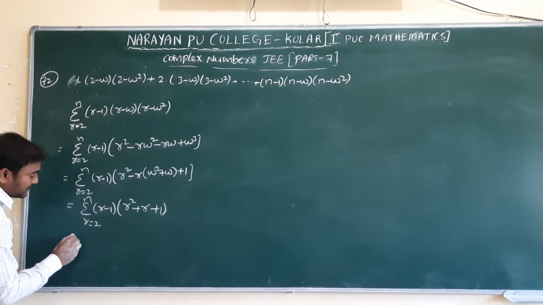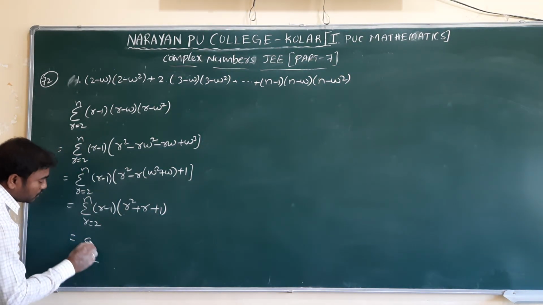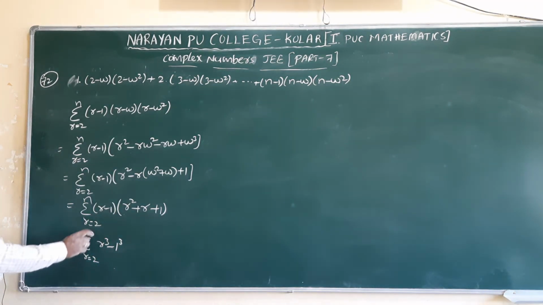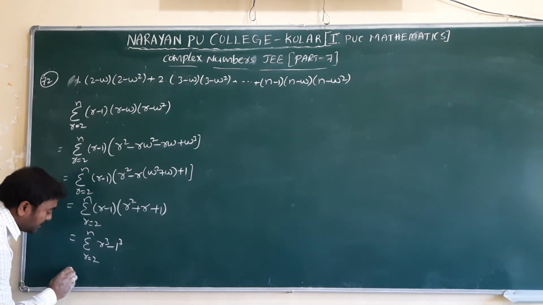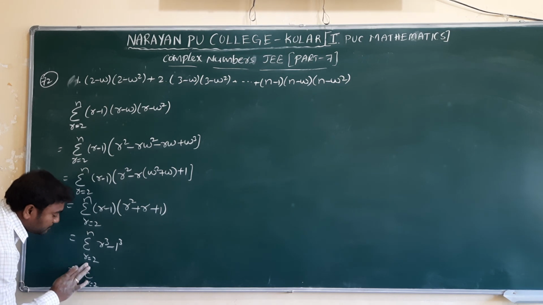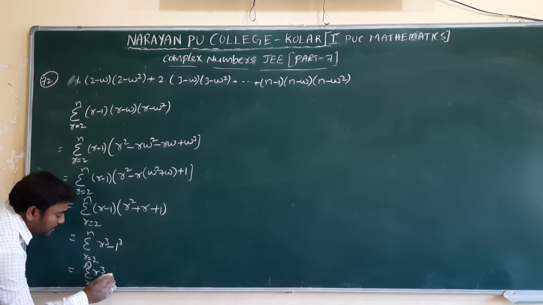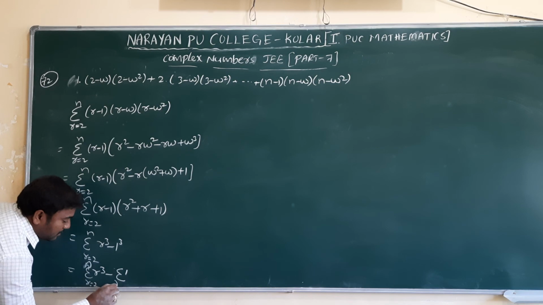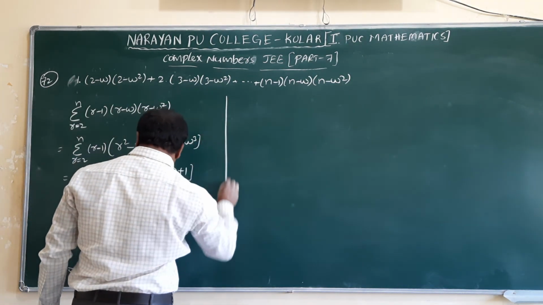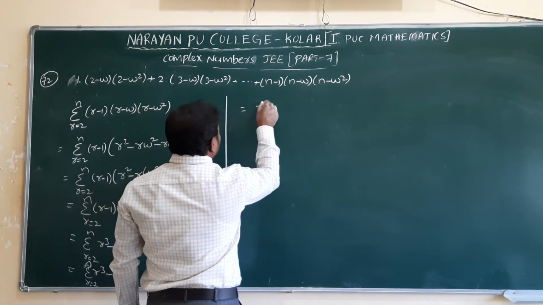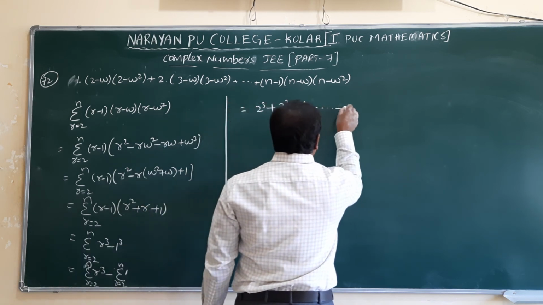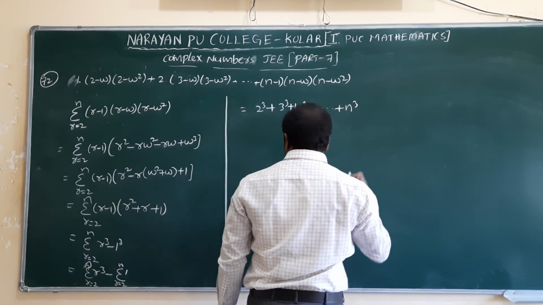Now it can be written as summation of r equals 2 to n of r cube minus 1 cube, the formula like this only. Now it can be written as summation of r equals 2 to n r cube minus summation of 1 cube, where r equals 2 to n here. So it can be written as 2 cube plus 3 cube plus 4 cube plus and so on plus n cube, minus